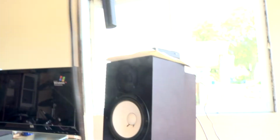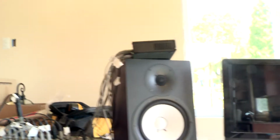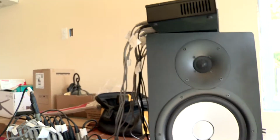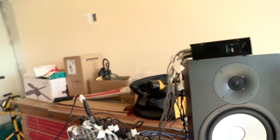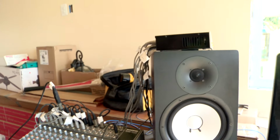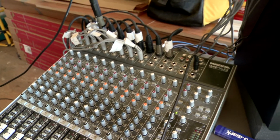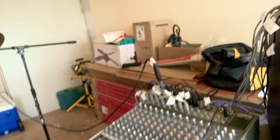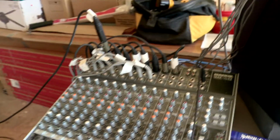But yeah, that's the system. I have 10 inputs. Those last 2 are for the tom drums. I don't use the tom drums too much, so I don't really care for how good they are necessarily. But they are still using the same preamps on this mixing board, which, by the way, gets us to the mixing board. This mixing board is a Mackie